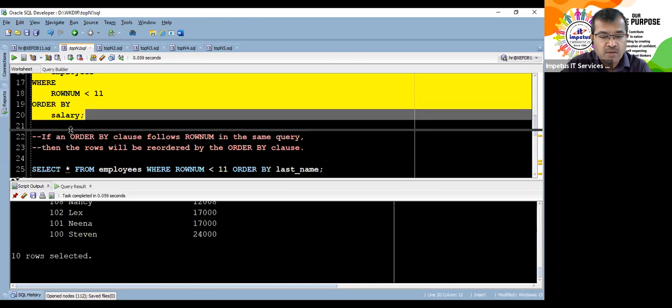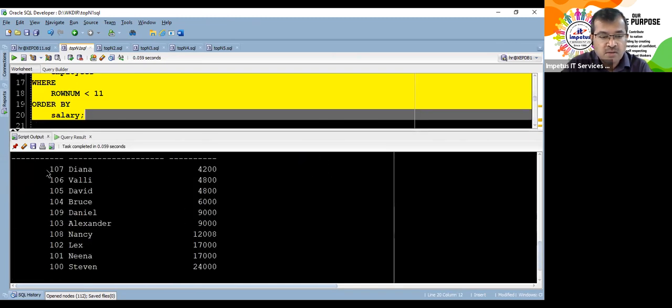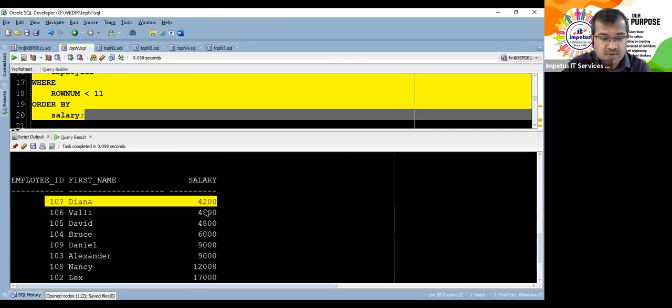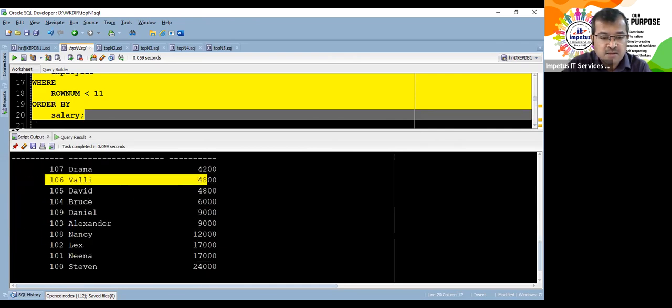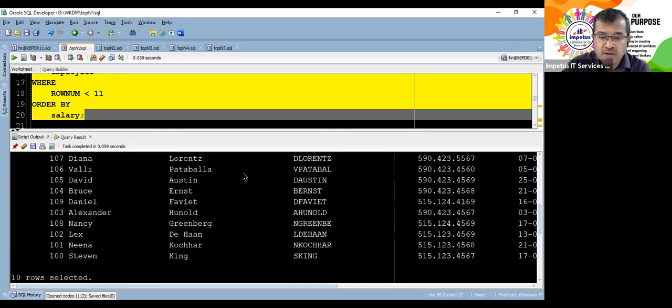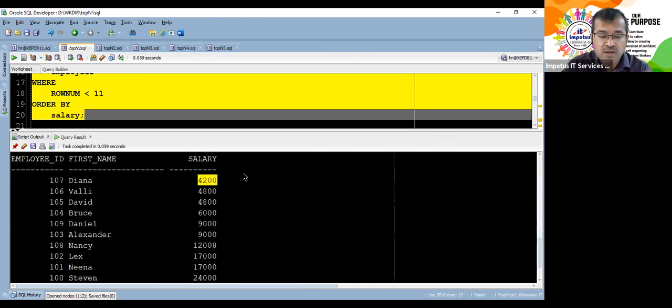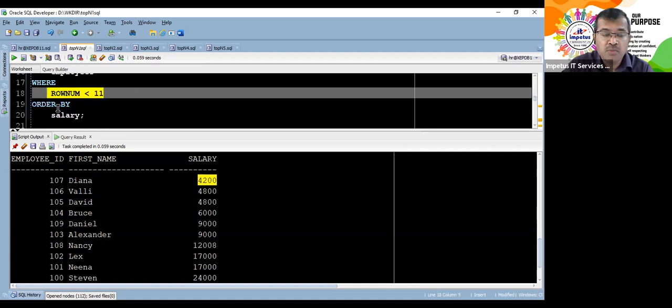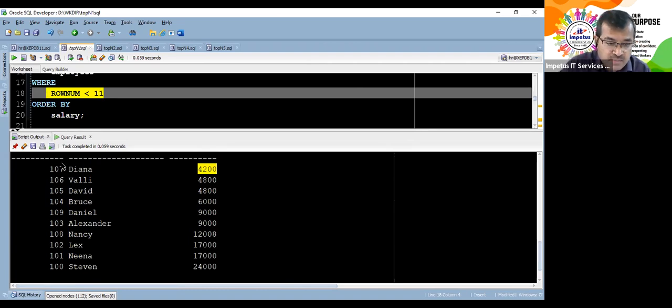So when I'm displaying ordered by their salary, here I go, 107 has this salary, then this, then this. Is this right? Was 4200 the employee with the least salary? Definitely not. We had seen there are people who are earning only 2000 rupees or something like that. This is based on the row number. So it has given you, amongst those people who are the first 10 rows in our table, look at this. These are not the employees with the least salary. These are the first 10 rows in the table, and within them, the elements have been ordered.